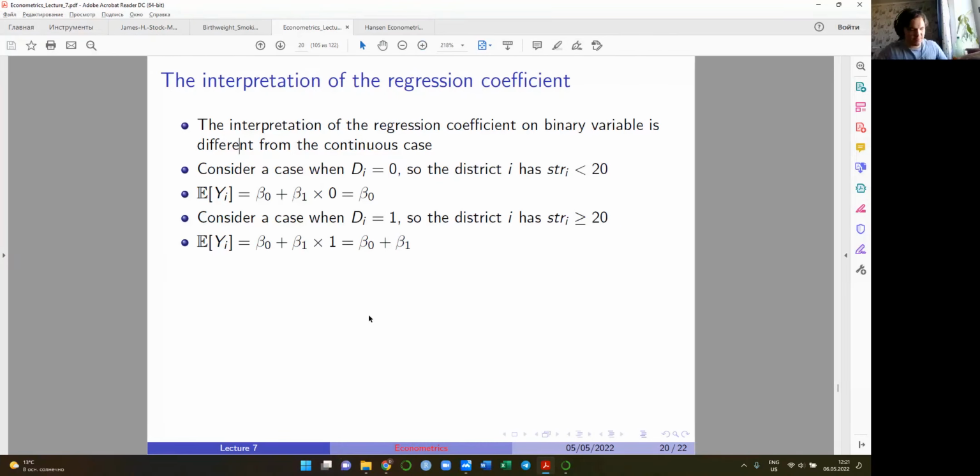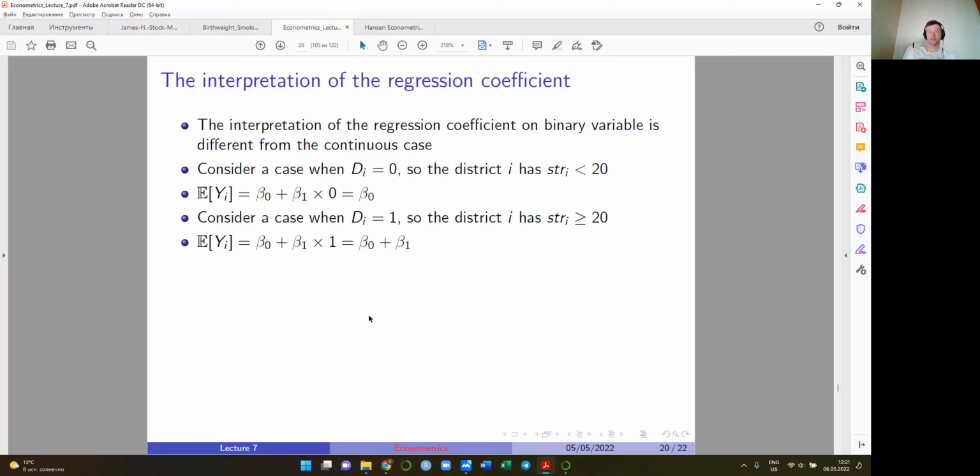Any ideas? Like an experiment. Well, technically it's something like an experiment, yes. I mean, we have two means, the mean for one group and the mean for the other group, the conditional mean for the treated group and the control group. And then what did we do with this distinction? When we wanted to compare two population means, right? So we had two groups. We estimated population means for one group and for the other group, and then we wanted to compare them with the help of the t-test. So the same thing